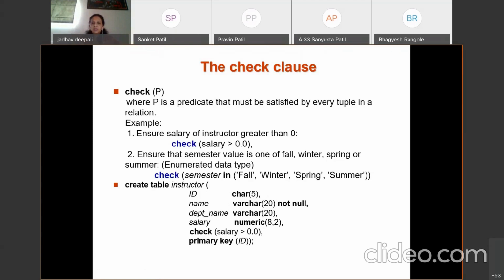This one is a not null constraint. This one is the check constraint. This one is the primary key constraint. And all these are domain constraints. ID should be a character, maximum length 5. Name should be a character, maximum length 20. We cannot insert more than 20 characters. Similarly, salary should be numeric. We cannot insert character values for the salary. So that is known as domain constraint. This question may be asked in your oral: what is meant by domain constraint? That is also one of the constraints.